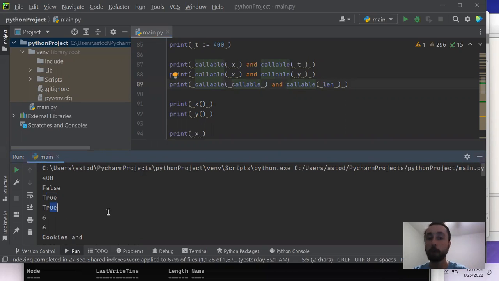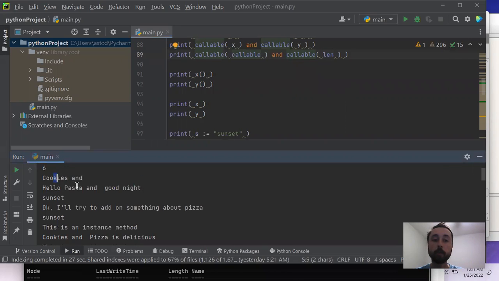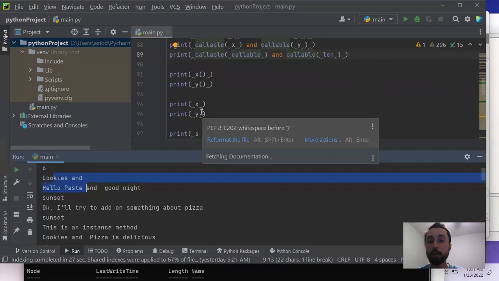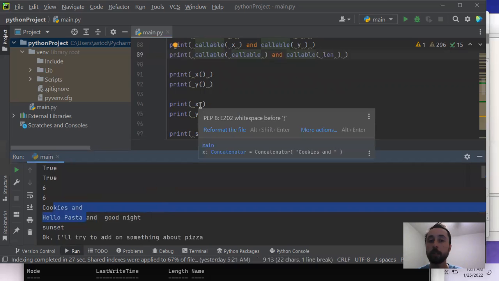Print the function y, that would be 6, because that's what's instructed by the call method, as we talked about in a previous video. But if you just print the instance x or the instance y, then that would basically give you the string representation. Then we would have to go ahead and use the str method. So let's first look at the str method from the